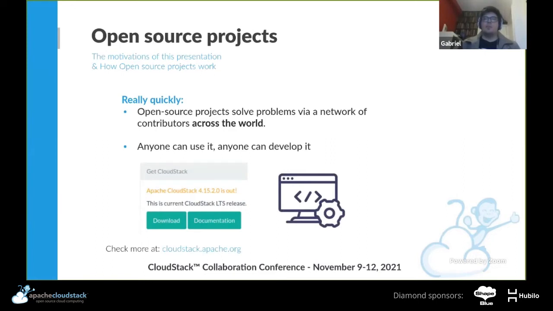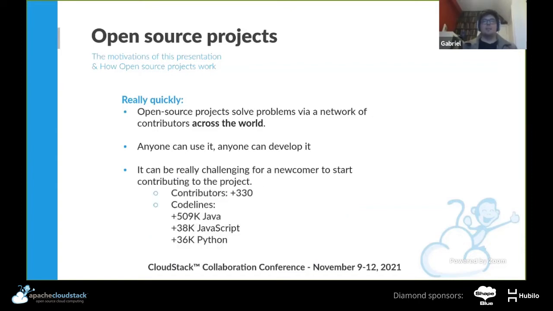It's great because anyone can use it and anyone can develop. The more users we gather, the more bugs might appear, because more people are poking the code and finding issues, which is great. Also, new features and new use cases are requested, so we need a higher throughput on the development side as well. So we always want more developers, and that's how open source projects grow.